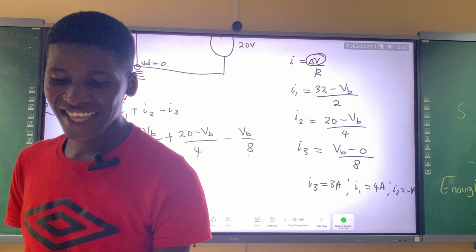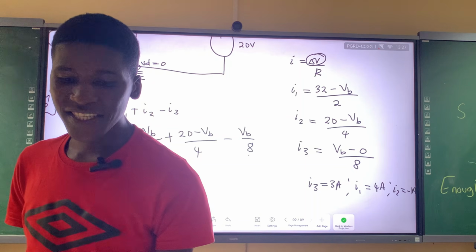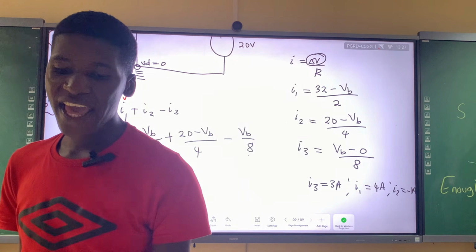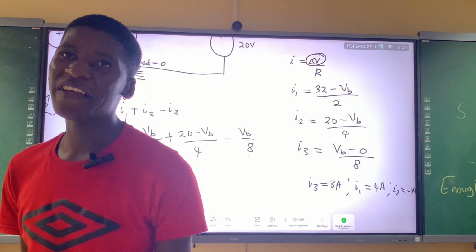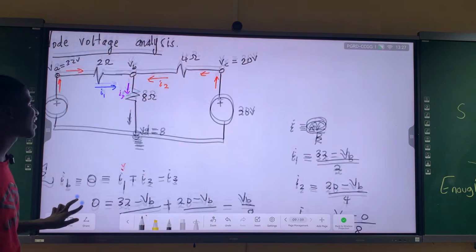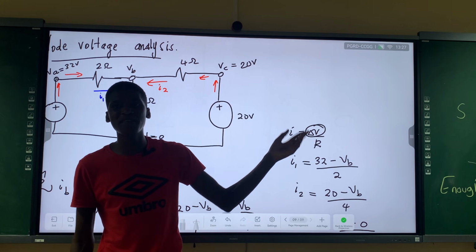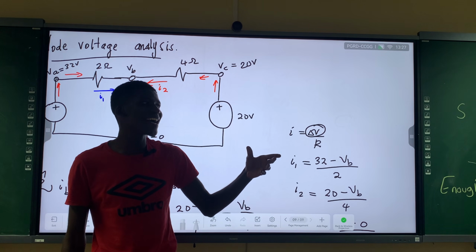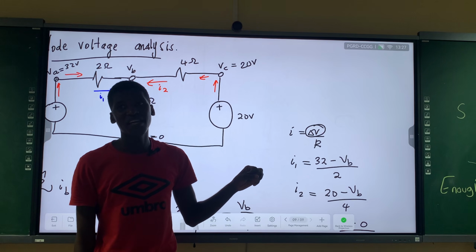Yeah, that's it with the methods. You can just look at this one, for example. When you are doing the examples from the textbook, they are using their own convention. It's different from the one that we are doing here. Instead of saying 32 minus VP, they say VP minus 32. But mathematically, all of that is correct.